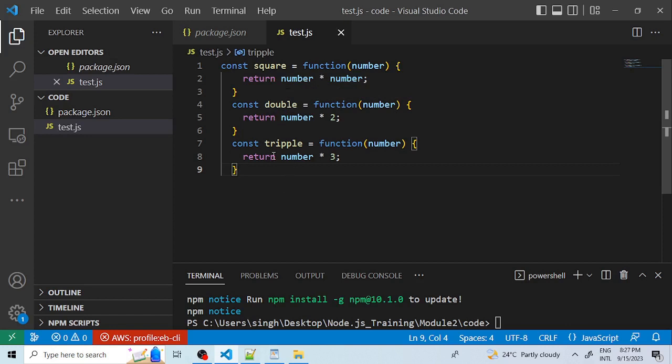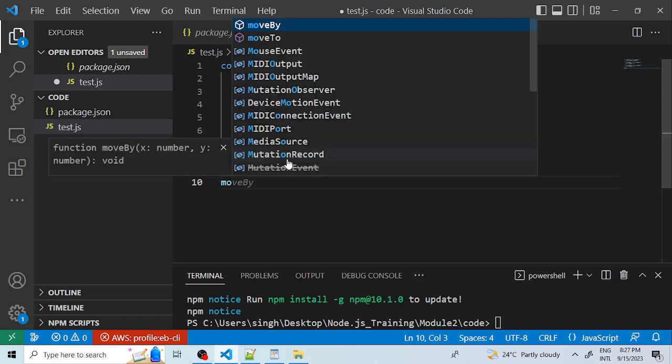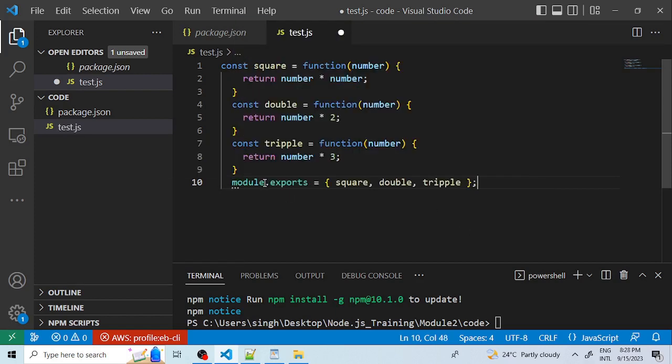Now we need to expose these functions so that we can use them in the other module. To export, to expose these functions, we need to use module.exports. This is the syntax for exposing whatever public function we have created, when we want to use this public function in other files, in other modules. That needs to be exposed like this. So module.exports, and under this object we are passing the names of these functions, these variable names. Now let's save it, and now we will use this module in